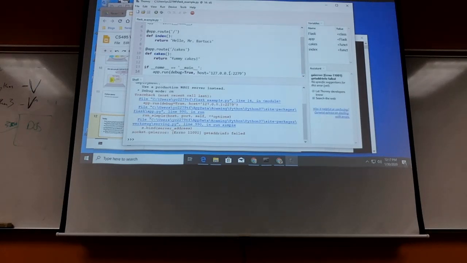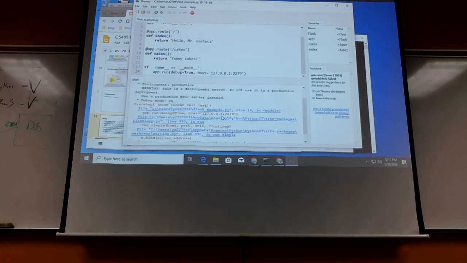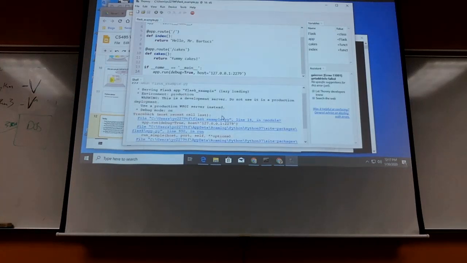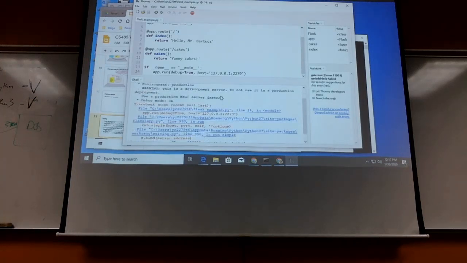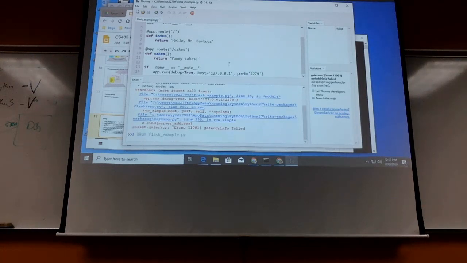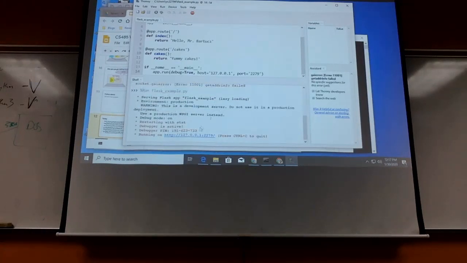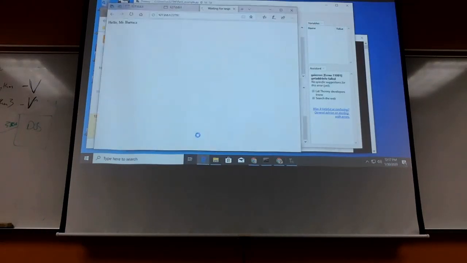2279 is not going to work. Oh, I think it is host. Is it port? Something like that. I can figure it out. It'll be in the example code, but yeah, there we go. Now it's on port 2279 instead. So it won't conflict with anybody else unless you both have the same middle 4 numbers, but that would be